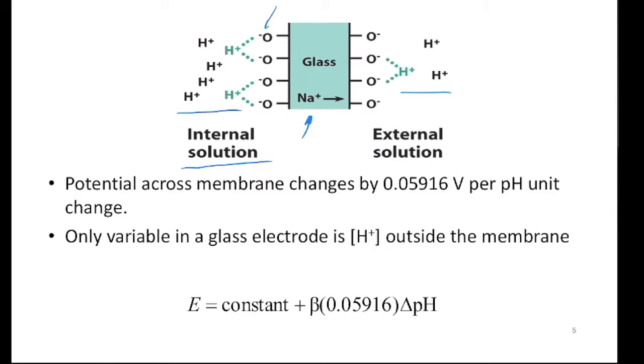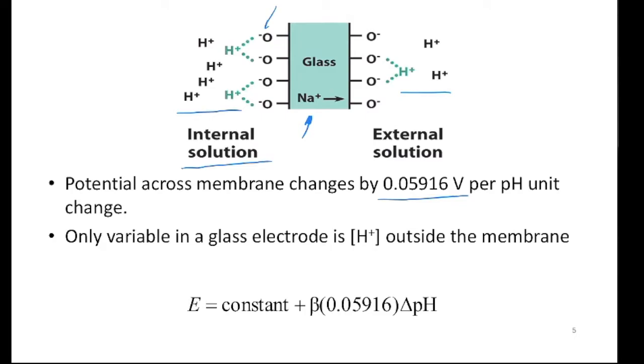So it's going to move from the inner surface of the glass membrane to the outer surface of the glass membrane, thereby transferring charge, resulting in a potential difference between the inner and outer surfaces of the glass membrane, which is then going to be measured by the pH probe. So for pH probes, every 0.05916 volts represents 1 pH unit, and the only variable in a glass electrode is the H plus outside of